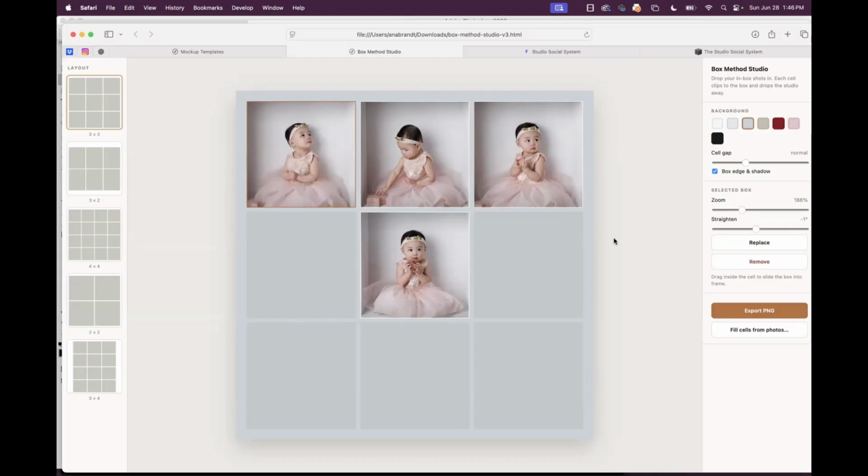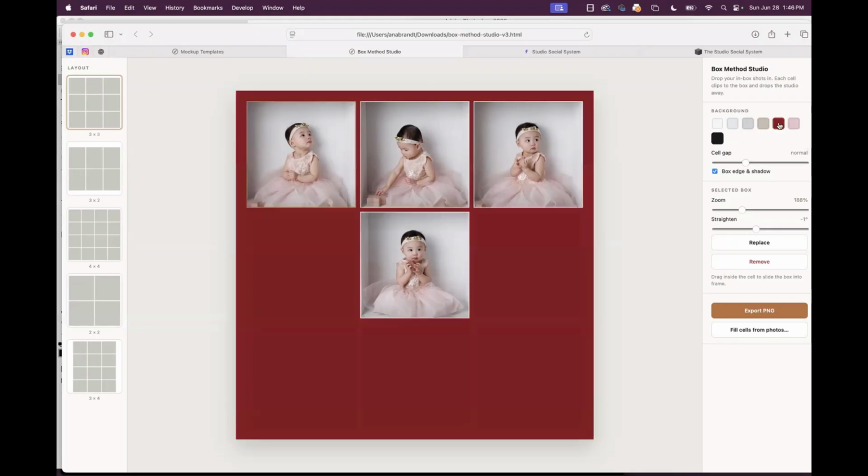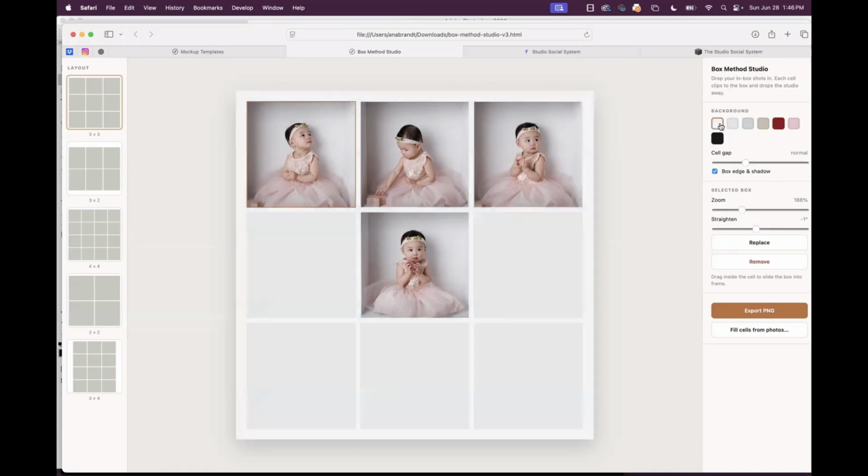Isn't that 10 times prettier than having to do it yourself? I love the straighten toggle. And of course, you'll be able to change the backgrounds, different colors, and things like that. And the cell gap. I've put a bunch of things in here because I love this, and I have a lot of clients requesting this. I took it off my minis because I couldn't handle doing them anymore. But now, this was the epiphany that came while I was working out. I was like, oh my God, now I can put these back. And of course, different configurations, and I'll add more.